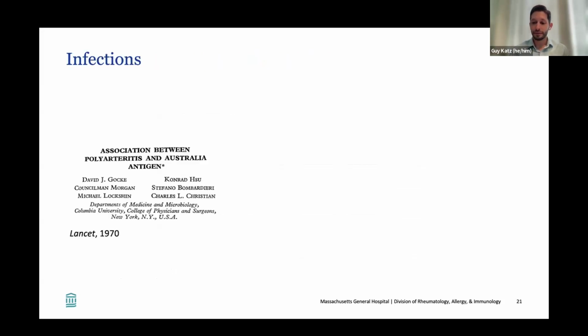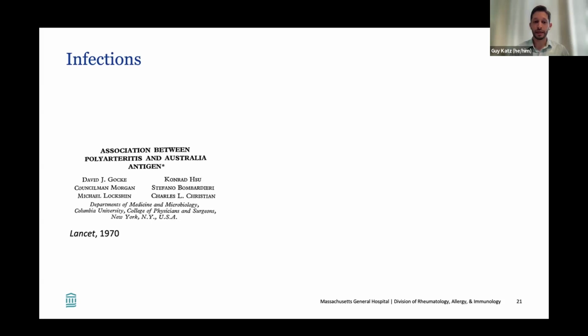Now I'd like to go through some of the examples of triggers that have been identified. And again, I'll go through these slides relatively quickly, but I'm happy to go back to anything if anything is confusing or if some more details are needed. So one of the most classic examples of an infection triggering vasculitis is this paper from 1970, and this was